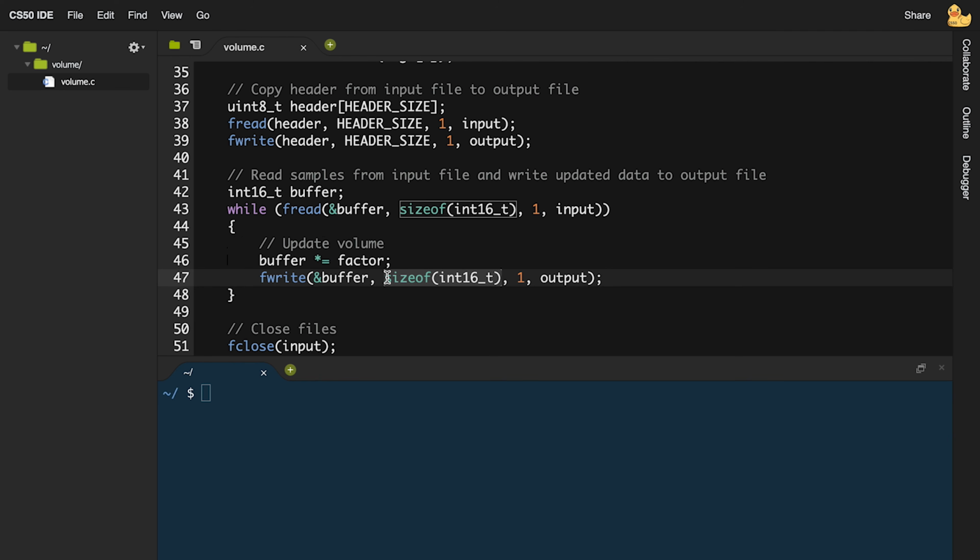After that, we wrote the code to close the files for you already. So now when you run this program, you should be able to specify an input audio file, specify a new file name for an output audio file, as well as a factor by which to change that volume. And you should be able to generate new audio files that have the same audio, but just with a different volume compared to the original.